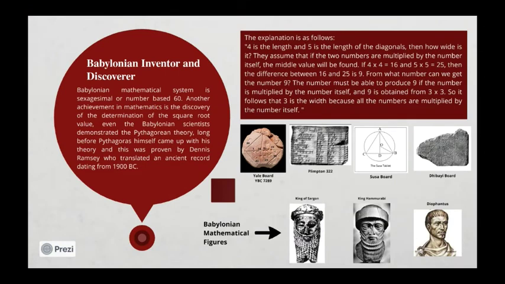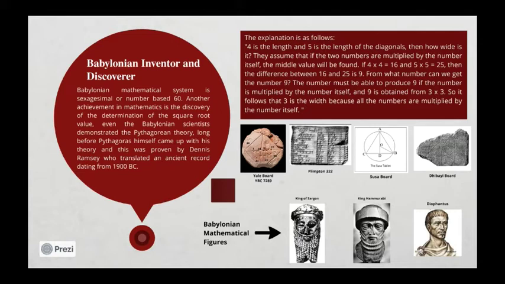You can see the following figures of Babylonian mathematics. The first picture is King Sargon, the second picture is King Hammurabi, the third is Diophantus. Actually, there are still some figures, but I could not find their photos, including Babylonian scholars, one of which is Dennis Ramsay. Then there are Otto Neugebauer and F. Thureau-Dangin, and the last one is Rawlinson.